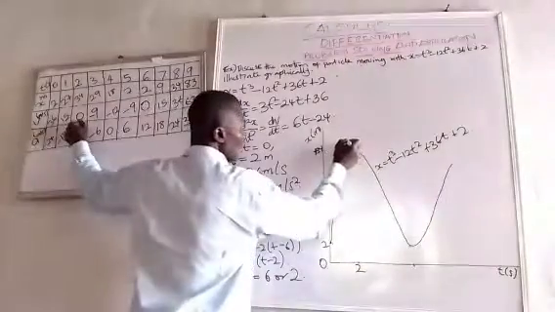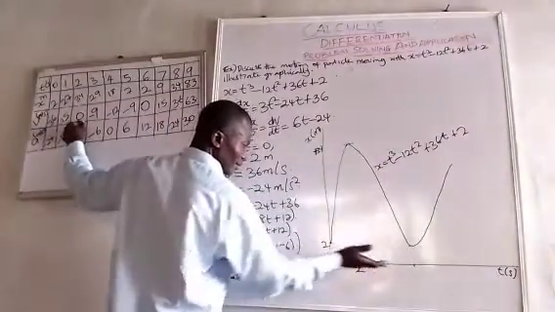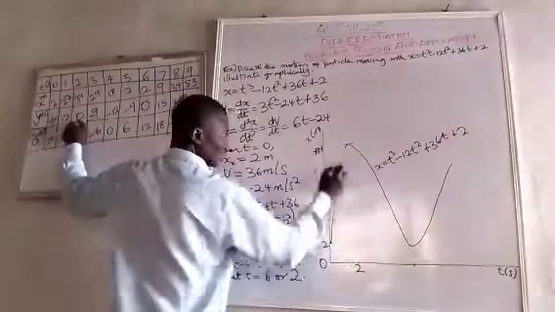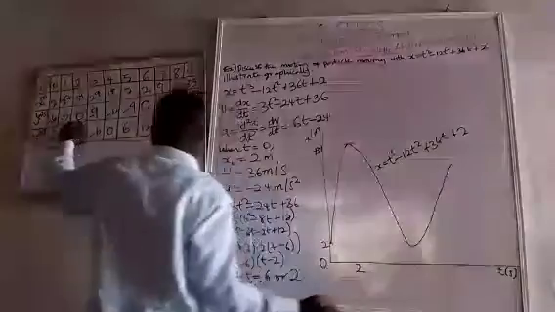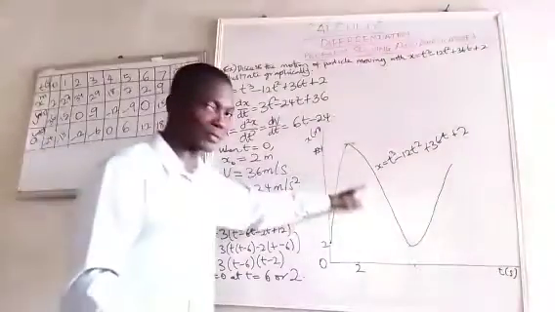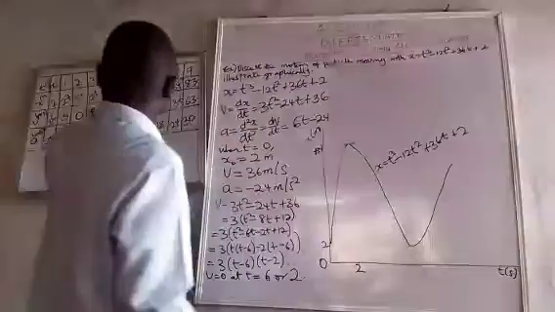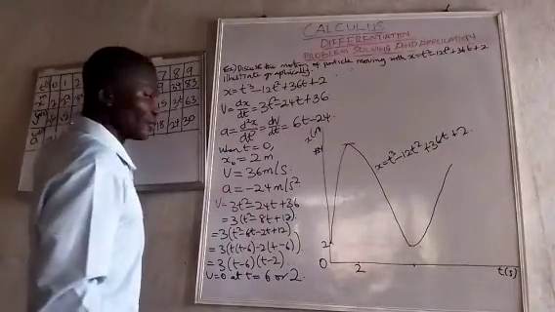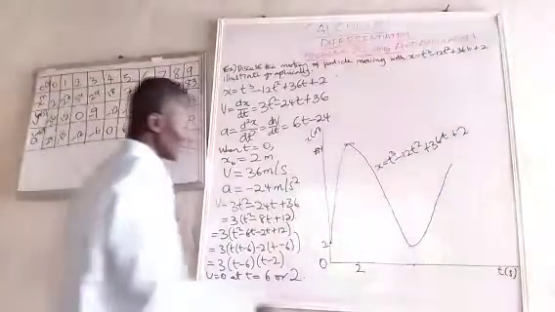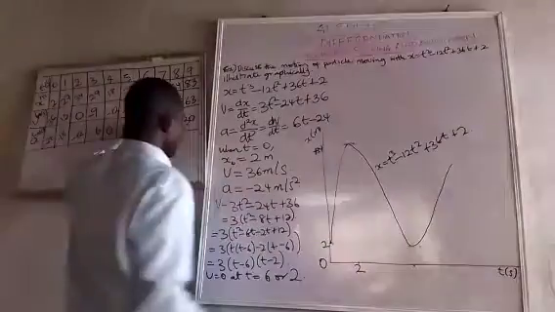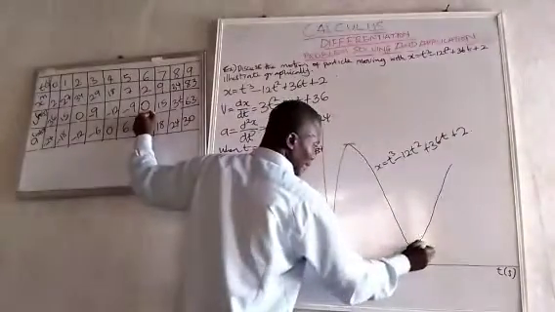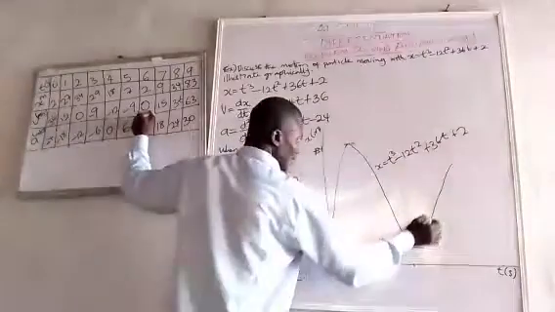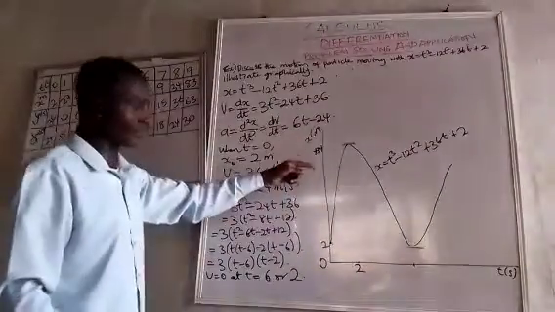And what does this mean? It means the gradient here is parallel to the t-axis, which is 0. It now turned back. From there it's negative, going down, and when it becomes negative, it means the value is reducing. When it got to 2, it became 0 again, which means it was ready to turn again. The gradient here is 0. So from here, it turned upward again. So that is what this graph is